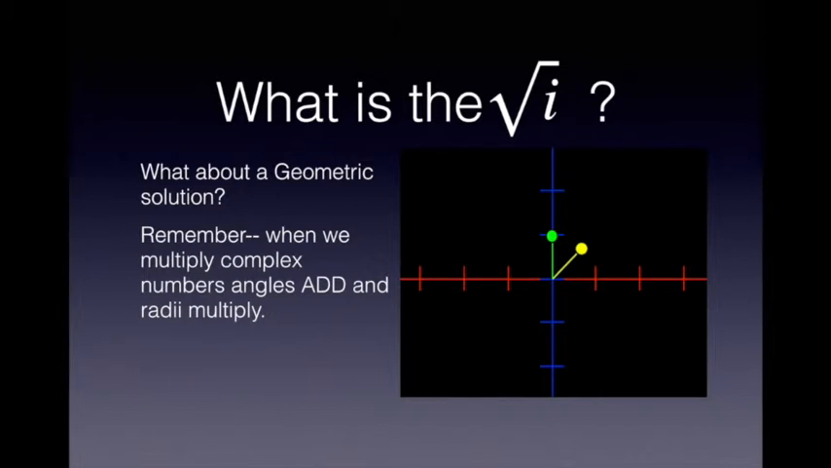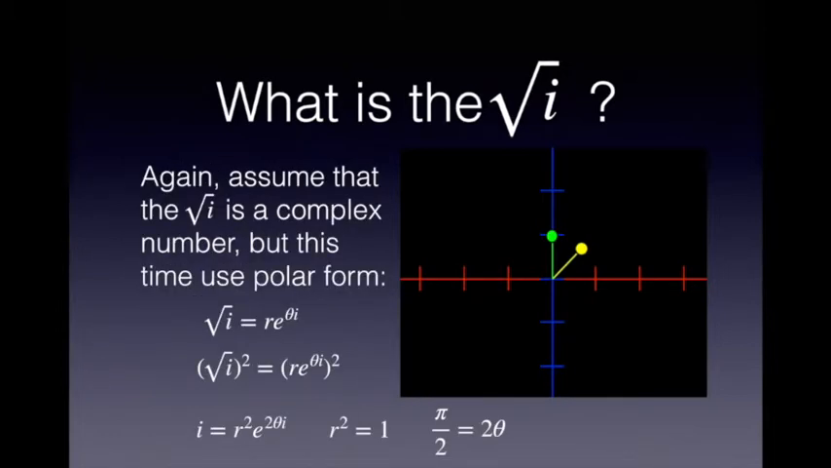One of the beauties of the polar form is when we multiply complex numbers, then the radii multiply together, but the angles add. So, following that idea, let's go on to the next slide. Again, we're going to assume that the square root of i is a complex number, but this time we're going to use its polar form. So square root of i equals